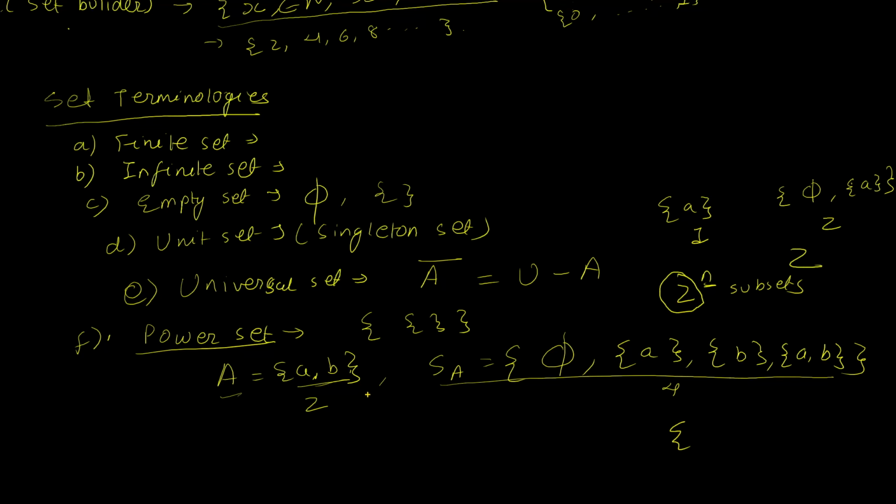To elaborate that a little bit, let's say I have a set A, B. How can I form different subsets of this set? I could choose A or not choose A, which gives me 2 possibilities. I could choose B or not choose B, and that gives me 2 possibilities. And if I multiply both possibilities, that's 4. That's how we generalize the concept for n number of elements in a set. So that would give us 2 to the power